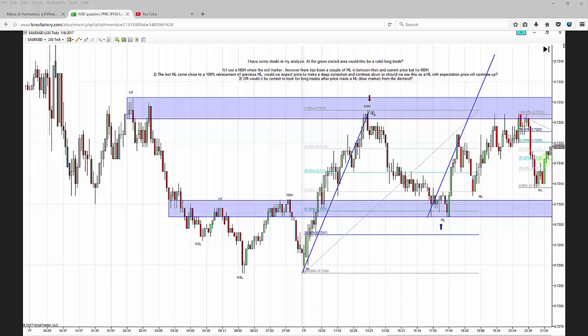Okay, for price to make a new structure low. But right now the order flow, the accumulation and distribution of orders, favors price movement to the downside and difficulty in price moving to the upside. For those reasons, I would need great risk reward, and I would need to have plenty of room to protect